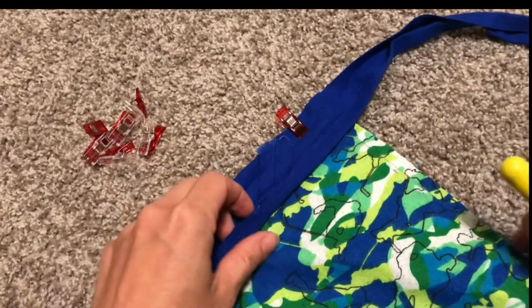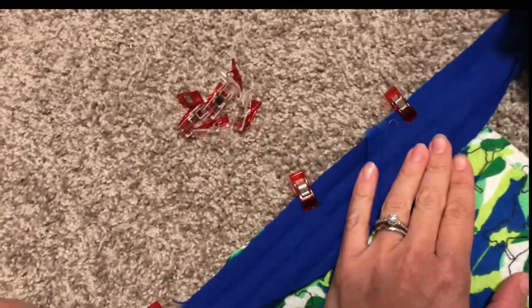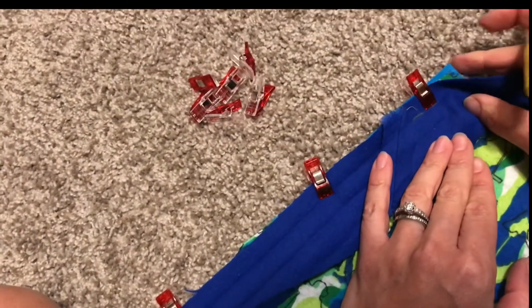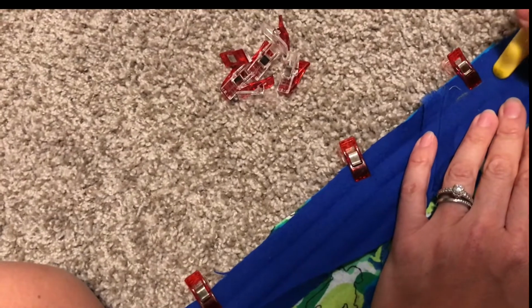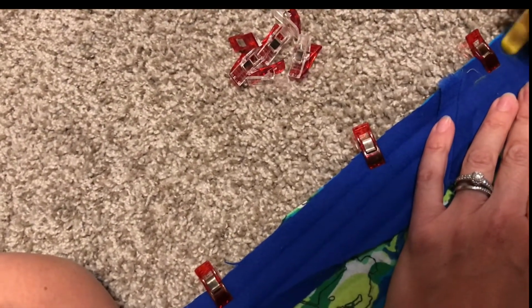So when you approach your first corner, I'm going to chalk a line so you can see how you will be sewing this, but you will be sewing along your crease, and you're going to stop. There's your top edge of your quilt. You're going to stop a 1/2 inch before you reach the end. So I'm going to give myself a mark here that is about a 1/2 inch away,